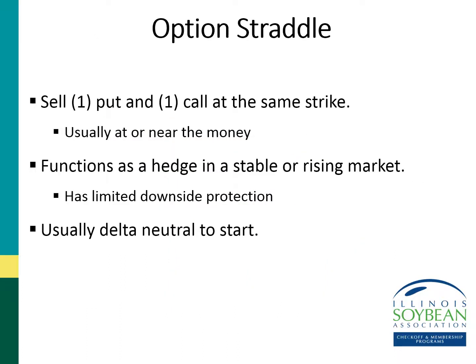So in looking at the first example, an option straddle, I think the best way to think about a straddle versus a strangle is that a straddle straddles one price. Imagine yourself standing in the middle of a highway, straddling the yellow line. That yellow line is going to be the strike price that we're going to pick. Our right leg will be a put, and our left leg will be a call, and we're going to sell